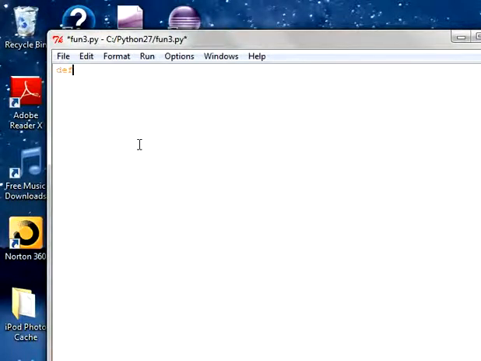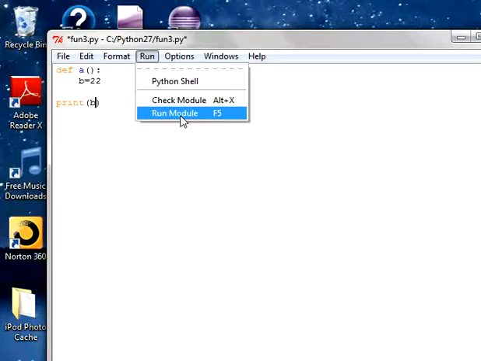Def. I'm taking one variable, A. This is a function name. I'm defining it, and B. I'm assigning some value 22 to B. Can I do like this? Print B. Can I do this? No, I cannot do this because this B variable is confined to A. I cannot make use of B, which is defined inside the function A, outside the function. So if I run this, it's going to throw an error.